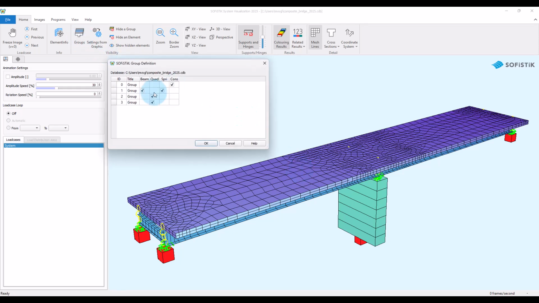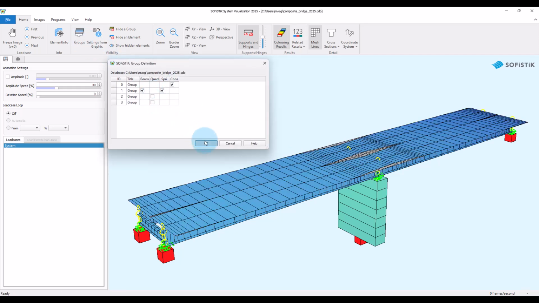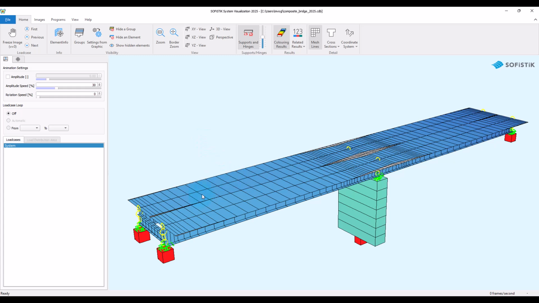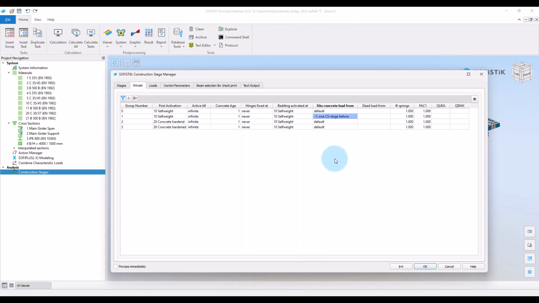So the stiffness of the concrete in longitudinal direction will be represented only by the beam elements. For this purpose, we use stiffness modifiers for area elements called QUEA and QEMX. The first applies to the membrane stiffness of the area elements and the second to the bending stiffness in local x direction of the element.